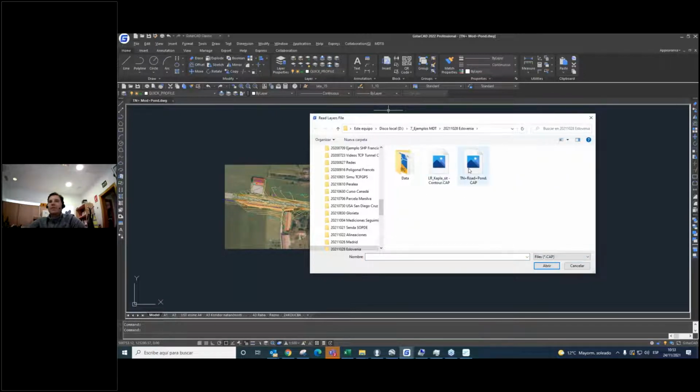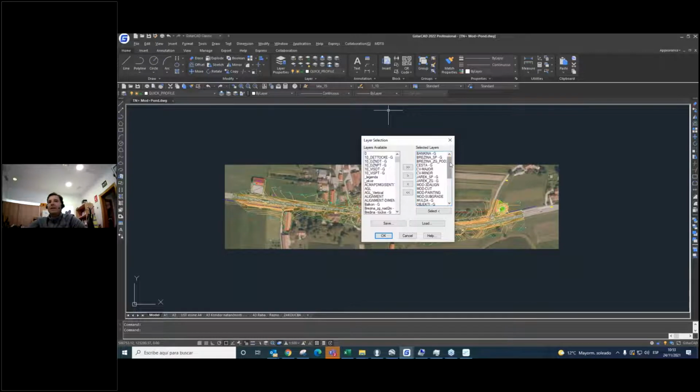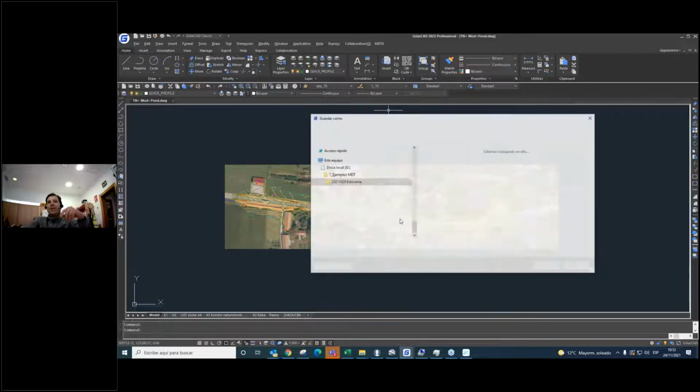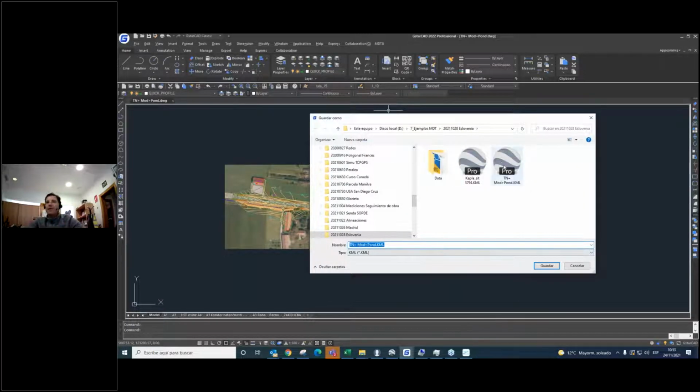It's going to use that. I have a file to avoid losing time selecting the terrain. I have here the contour lines, the model, the modified surface. Okay, click on OK. We are going to save in this file.